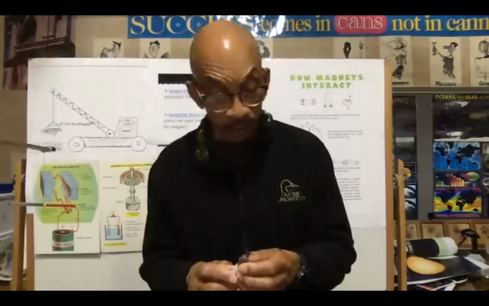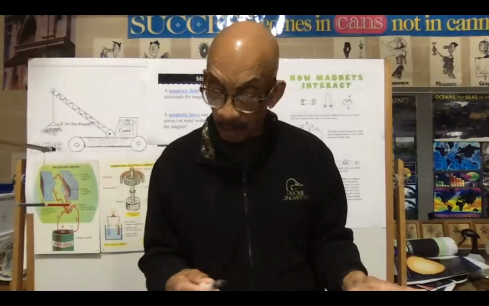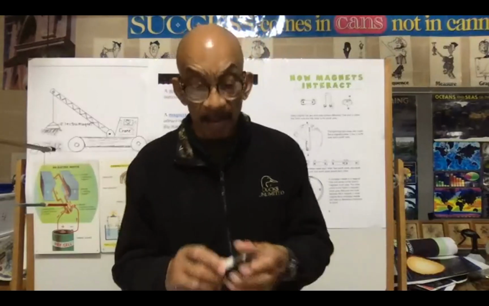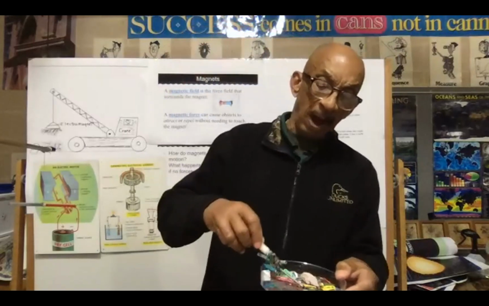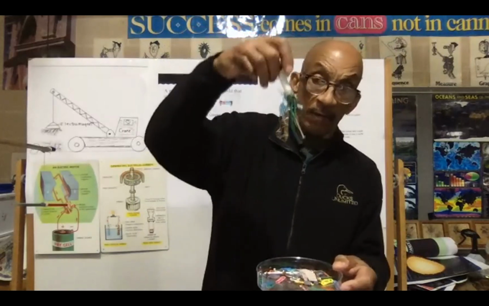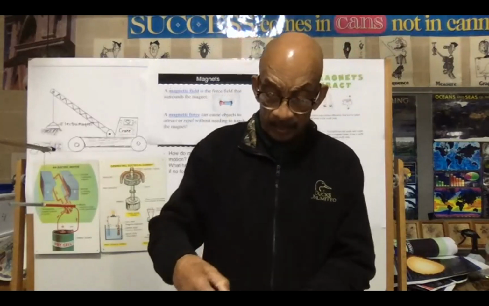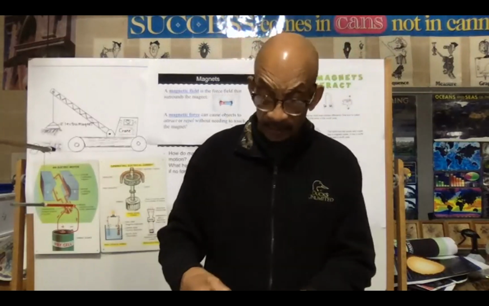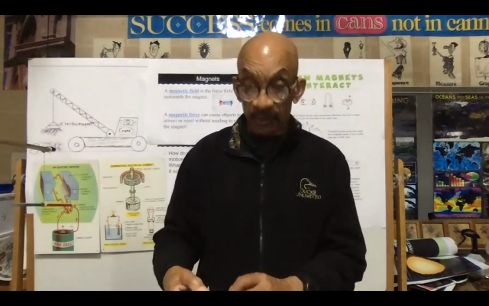That's not a horseshoe. That's not a bar magnet. It's not a disc magnet, but it's a very small magnet, and it is very powerful. Look at how much stuff it pulled out of this junk pile, okay? It's very strong. So it doesn't make any difference about the size of a magnet, but its strength is what